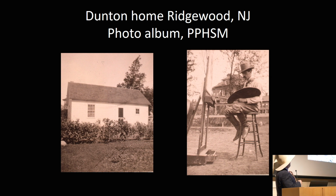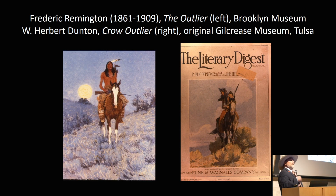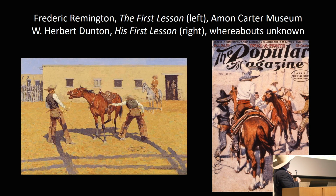And he starts studying at the Art Students League along about this time, but at the same time, he's also receiving commissions where he starts to emulate Frederick Remington, like you see here in The Outlier by Frederick Remington and Crow Outlier that appeared on the cover of Literary Digest. The original now lives, a 16 by 12, at the Gilcrease Museum. He emulates his first lesson in the cover of Popular Magazine that I